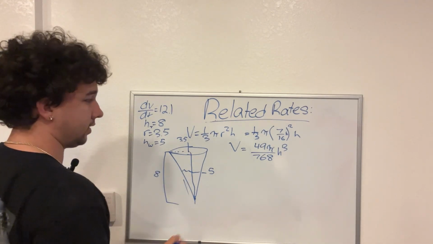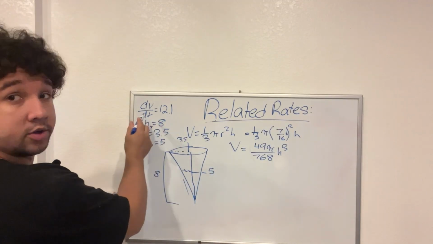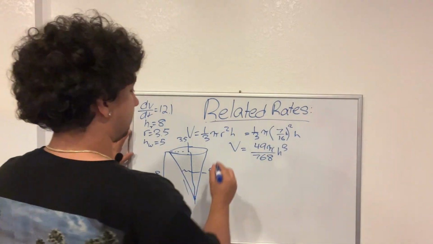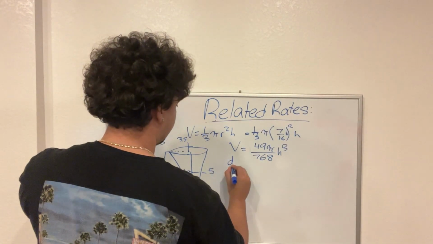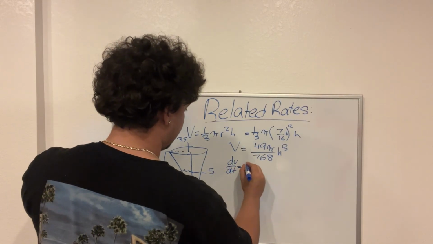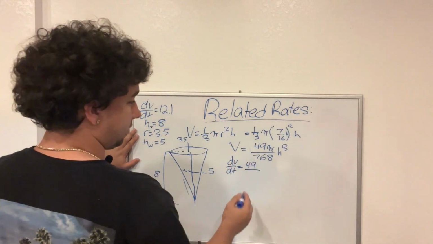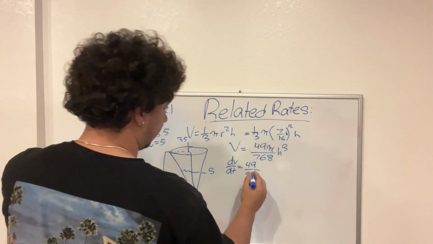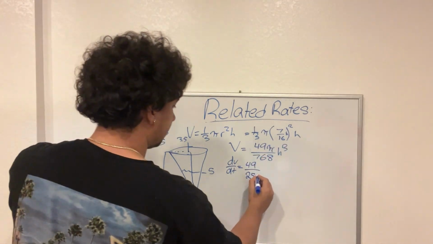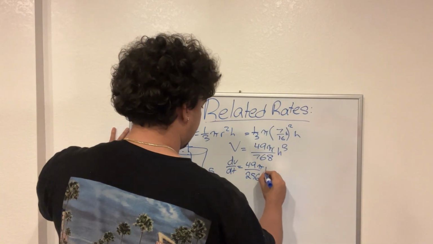The reason we're set up is because I know the height, I'm going to take the derivative of this, and I know the derivative of the volume with respect to time. So we're all set up. It's perfect. So I'm going to take the derivative of this whole thing. That's going to give me dV/dt is equal to 49 over, well, I'm going to put 3 in front, which is going to reduce the fraction. 3 goes into 7 2 times with 1 remaining. 3 goes into 16 5 times with 1 remaining. And 3 goes into 18 6 times. Pi, and then h squared